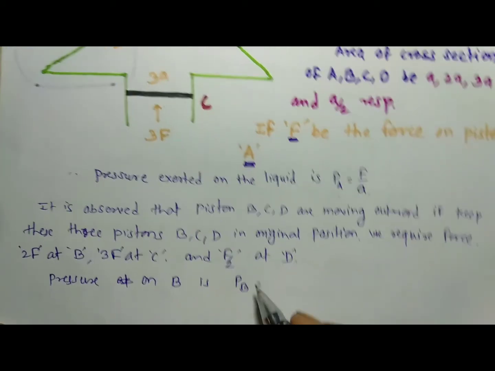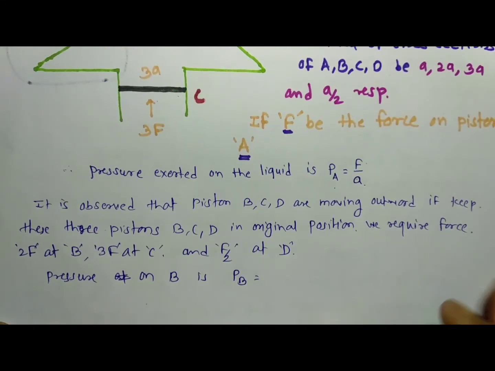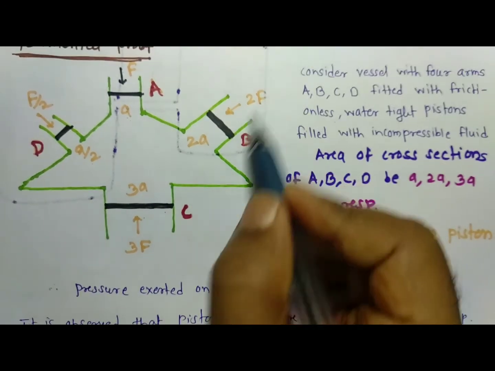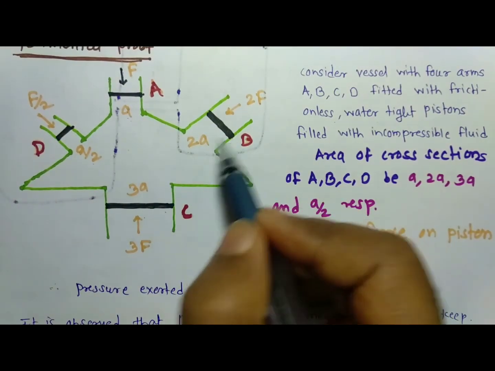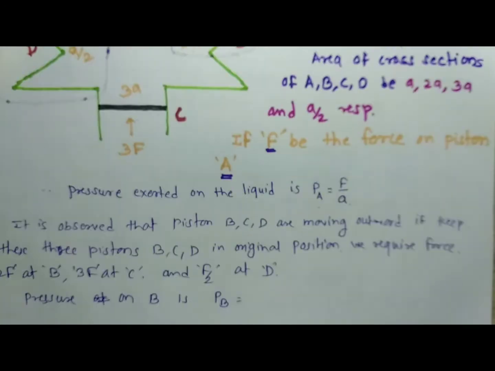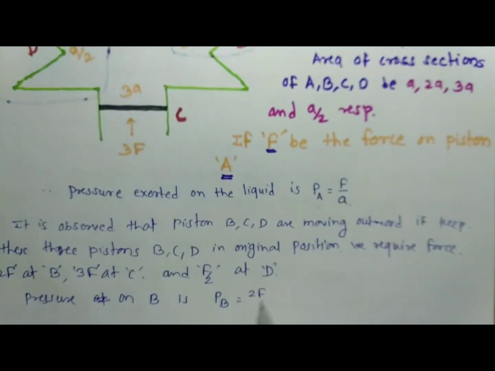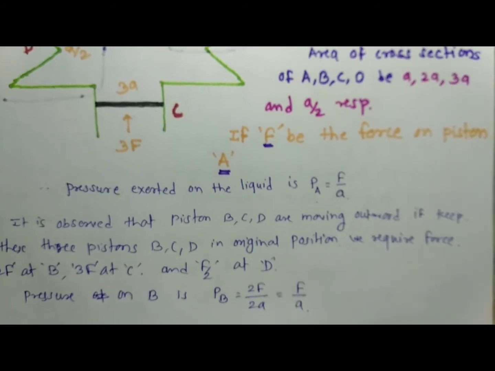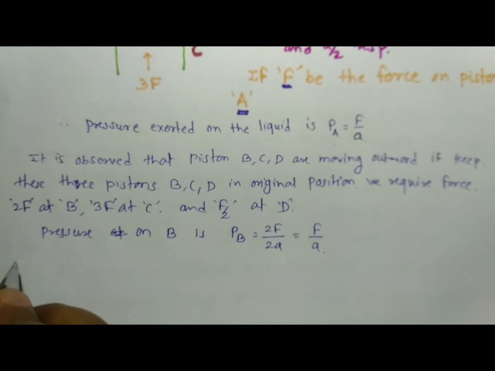What is the force acting at point B? It is nothing but 2F, and the area of cross section is 2A, and therefore 2F divided by 2A is nothing but F divided by A. Similarly, pressure